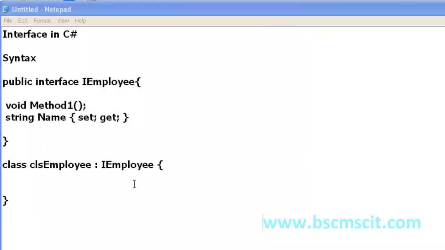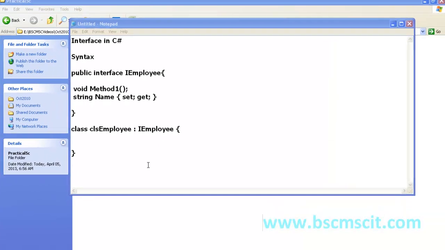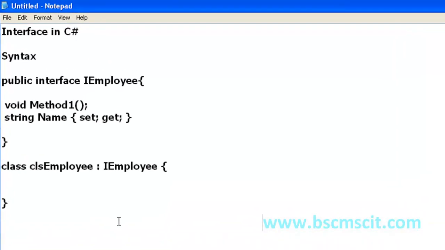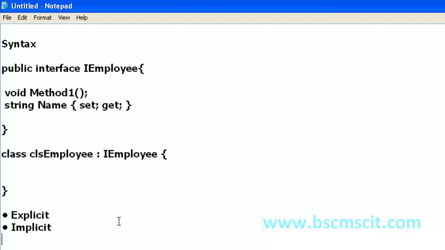Now let me tell you the ways of implementing an interface in a class. There are two ways: the first is explicit and the other is implicit.